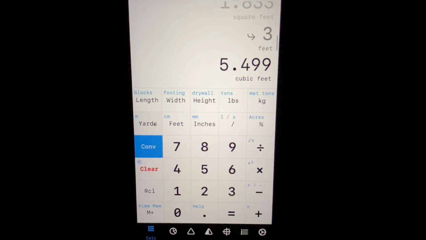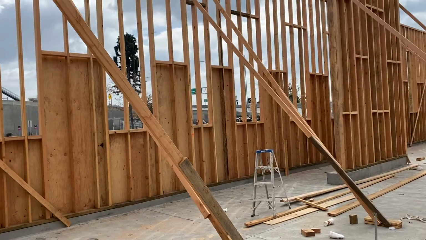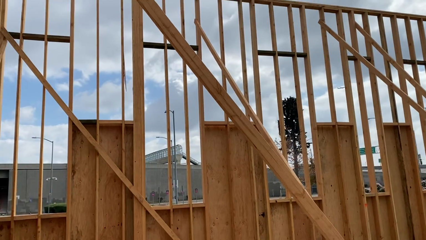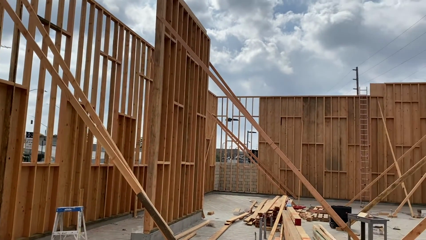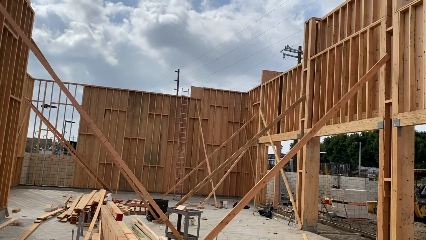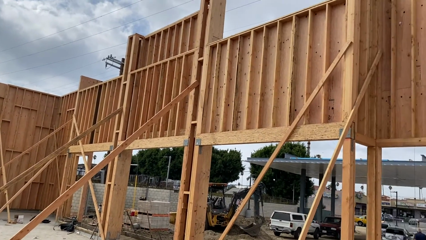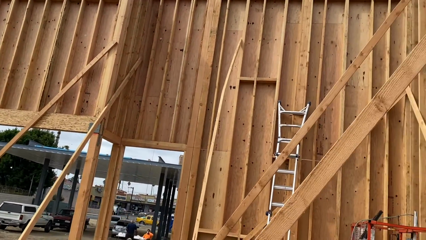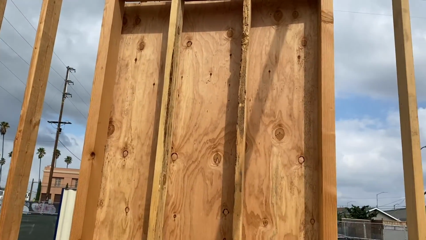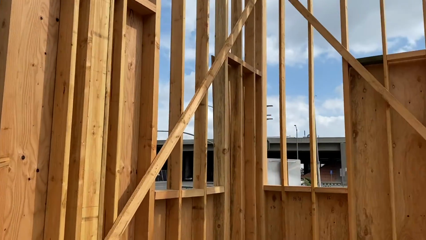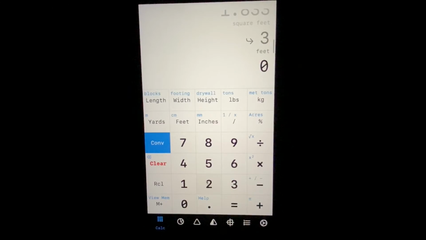Then we click on yards, and it gives us the same amount. When it comes to figuring out how many sheets of drywall you need to cover your framing, you can also calculate this on your app. Let's say the entire length of the base of this framing inside the building is 200 feet. Given the standard size of a sheet of drywall is 4 feet in length by 8 feet high, you simply enter 200 feet,